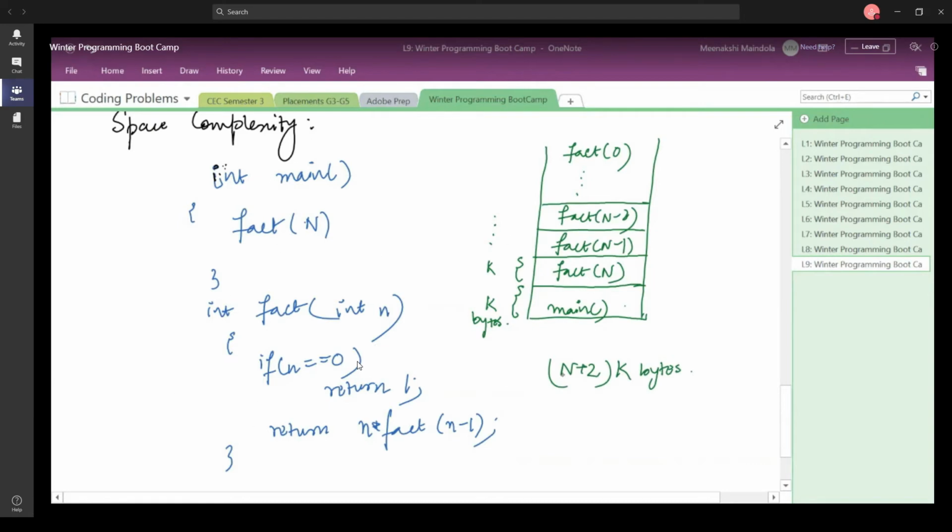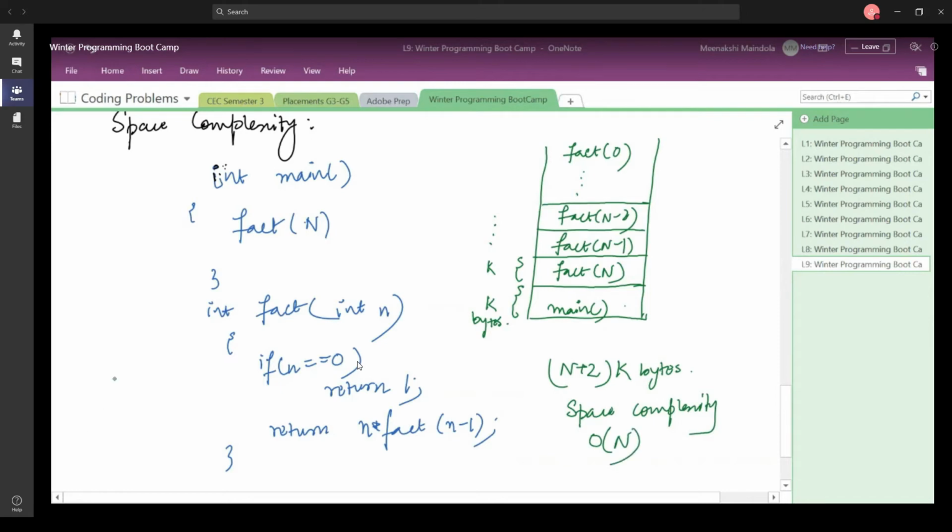So this amount of space is going to be considered on the stack whenever you have this recursive call. When you remove the constants from here, we consider these k bytes as a constant, and 2 is also a constant. So we say that the space complexity here is going to be order of n.